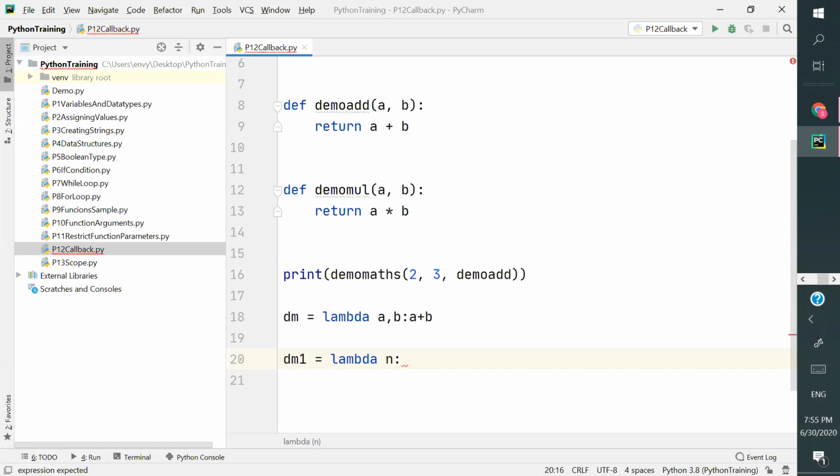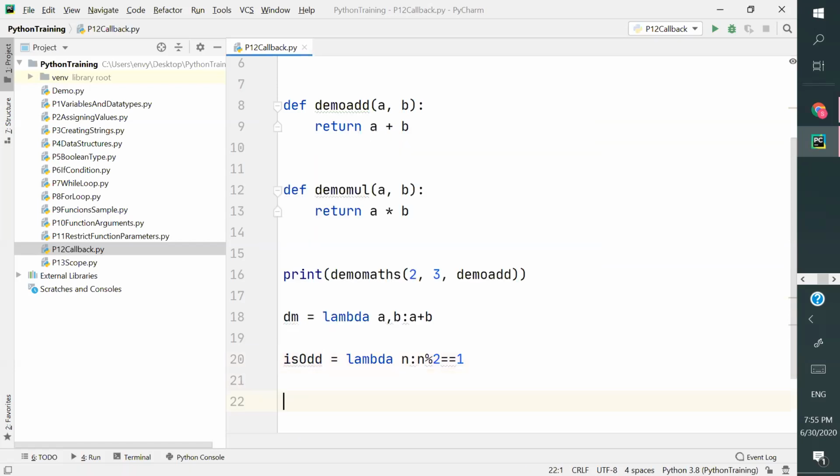So you can specify n percent 2, and you have to specify whether this is equal to 1 or not equal to 1. So if it is equal to 1, it is going to return true, or it is going to return false. Let's see this. I'll specify is odd.